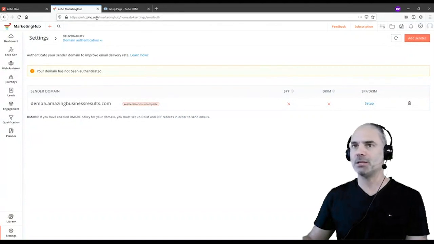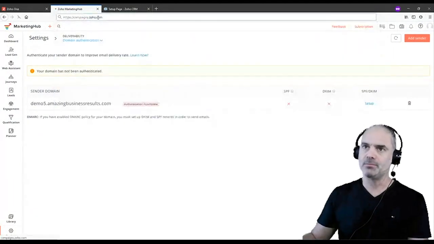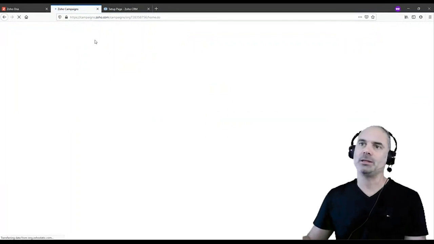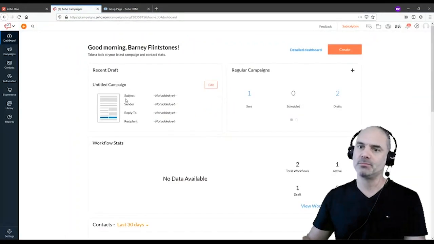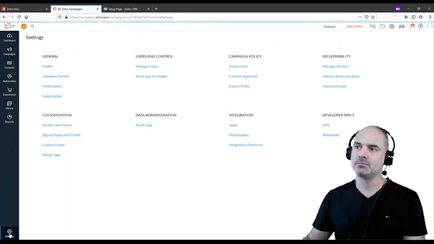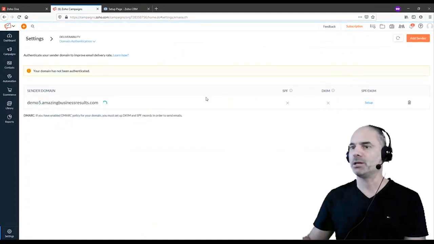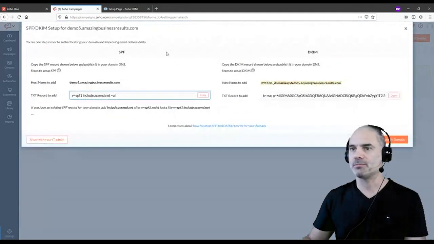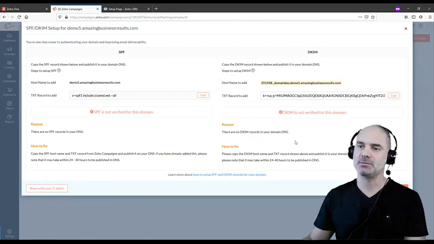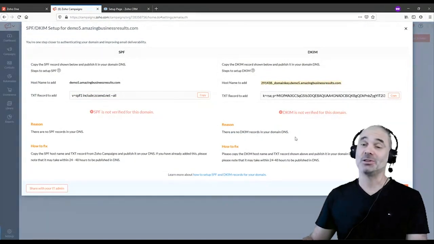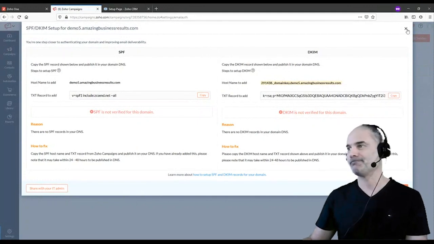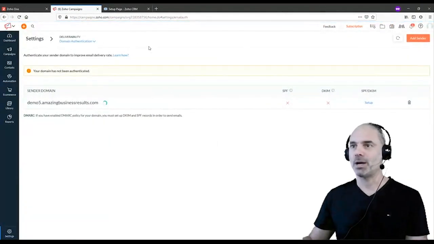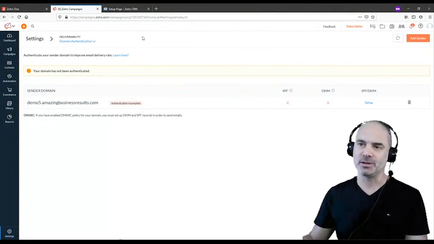And the last one that I will show you will be campaigns, which is similar to Marketing Hub. You go to campaigns, you go to the settings, you go to domain authentication, and you configure the records. And until you click here and you see checkboxes, this is not going to work. Okay, so this is what I wanted to show you here. Very important, very.